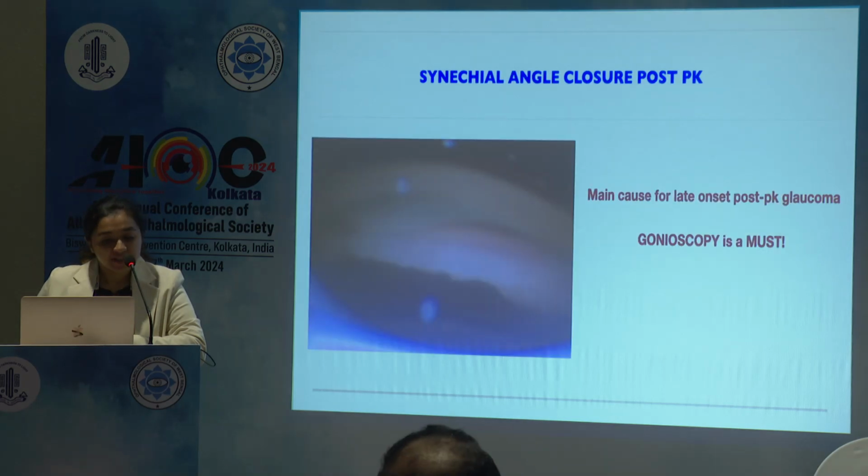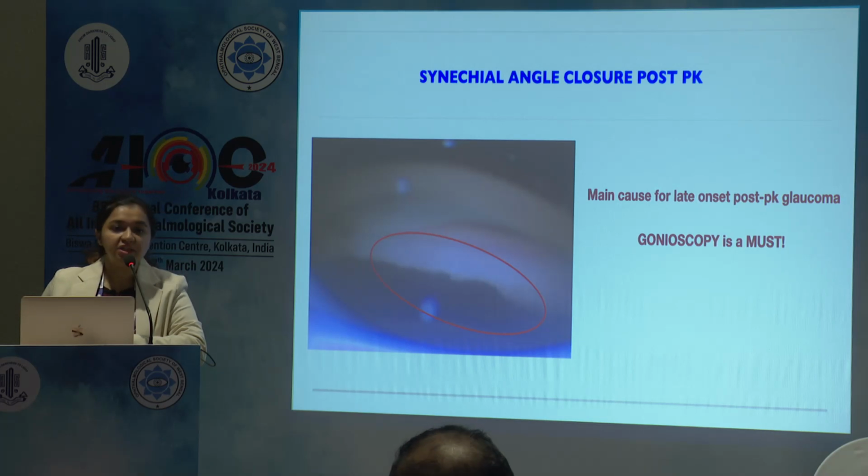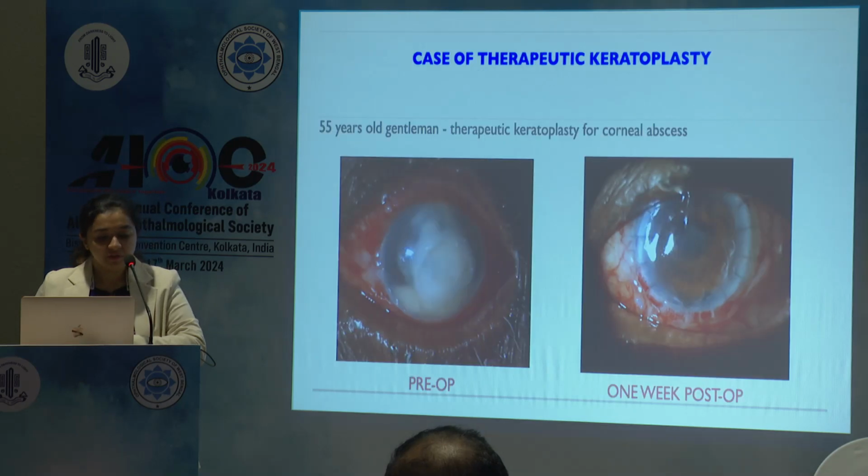Progressive synechial angle closure after penetrating keratoplasty remains the main cause for angle closure glaucoma. So whenever the media permits, a gonioscopy is a must. A 55-year-old gentleman underwent therapeutic keratoplasty for corneal abscess here. We can see that the surgeon had to take a large graft. So this case somehow had higher IOP readings after the